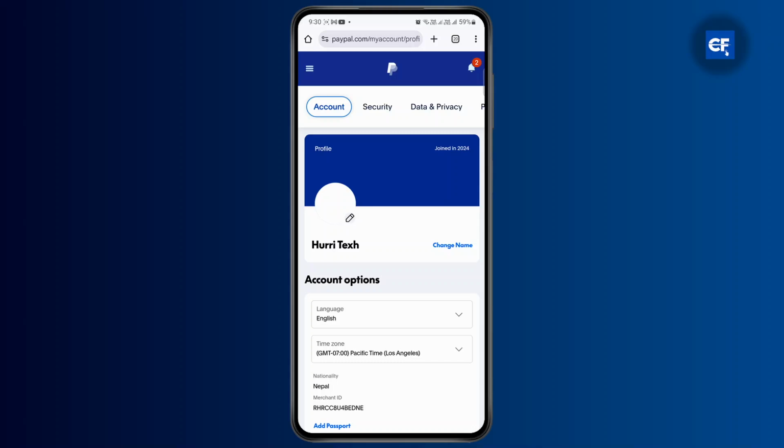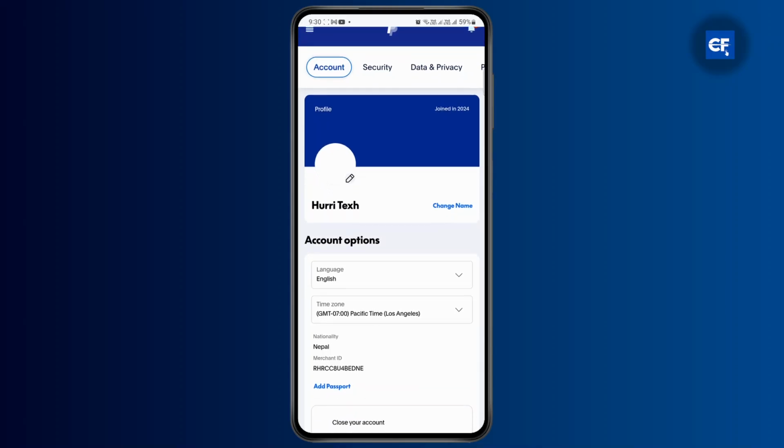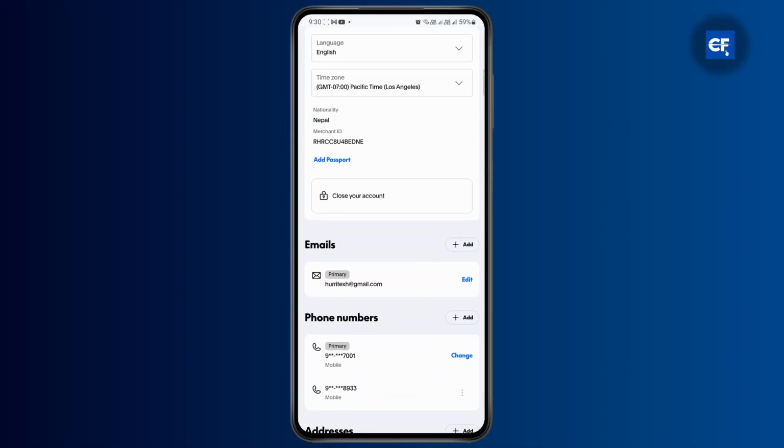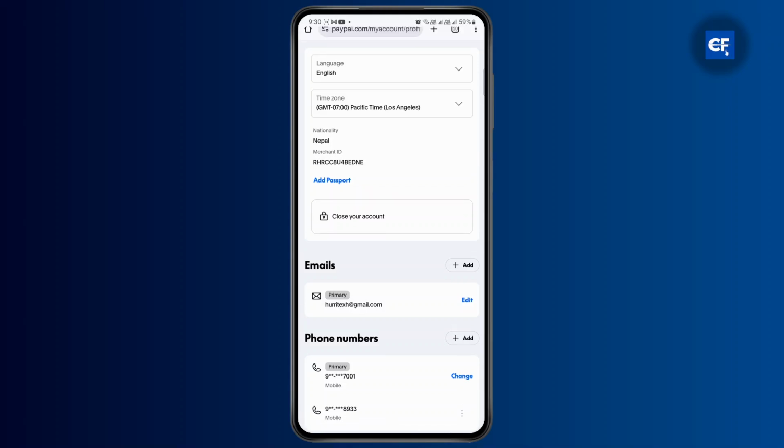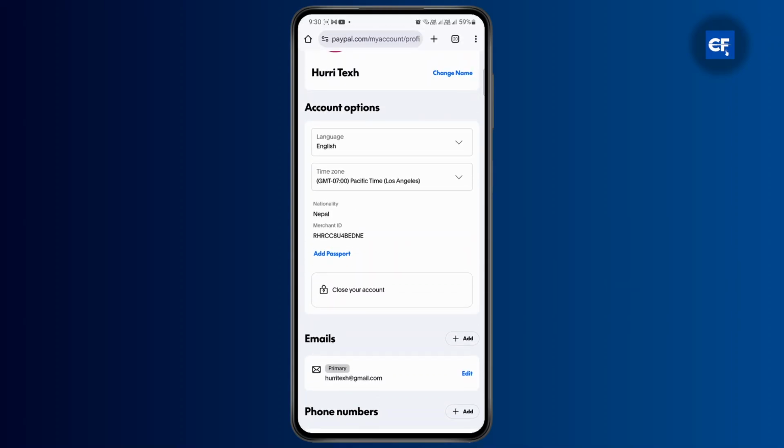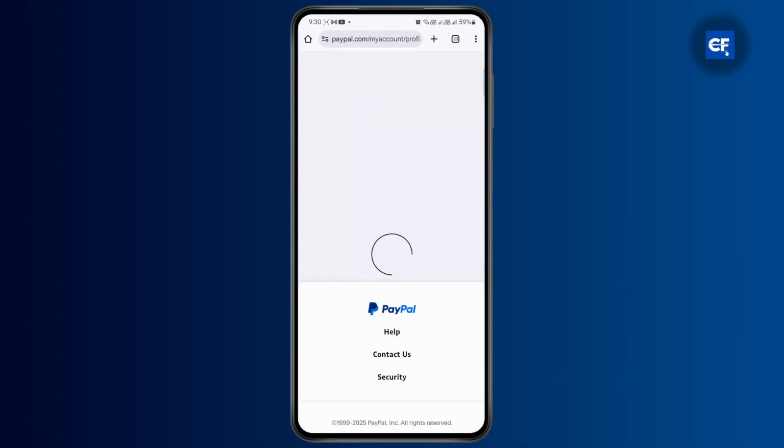Once you are here, you'll find your account information like your time zone, your language, nationality, merchant ID, and if you scroll down a bit, you'll find your phone number as well as your emails. So simply go ahead and tap on the email option, and then if you want to edit this, you can